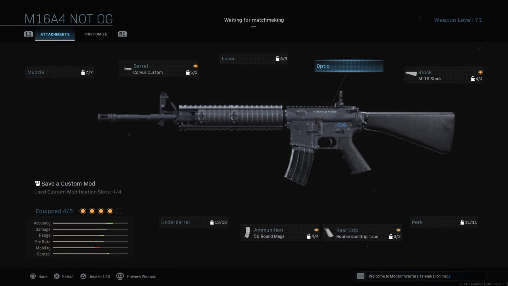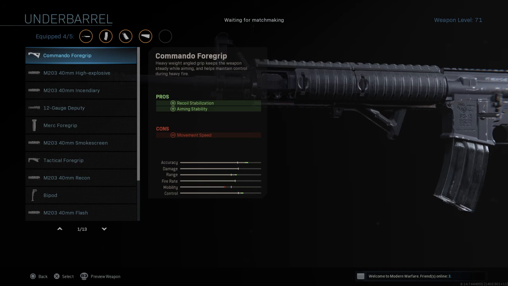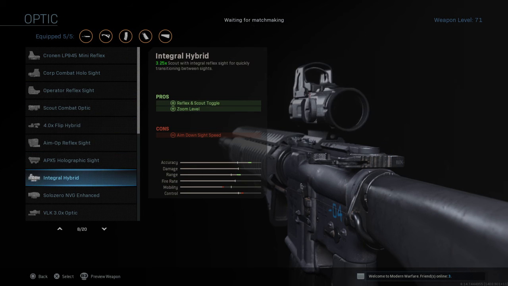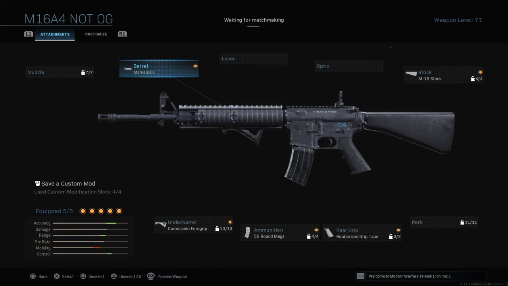It kind of sucks that they don't have the ACOG, but I get why they don't have it, because in real life it's getting out of date, I've heard. Sort of. The actual closest to an ACOG, which is in similar design, is the integral hybrid. Yeah, I was gonna say, it is close. It's not like the original, but it's close. Close enough, yes. They're both designed the same way. I mean, you could attach a reflex sight on a